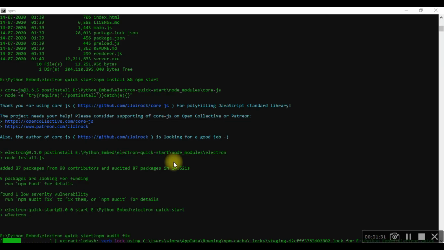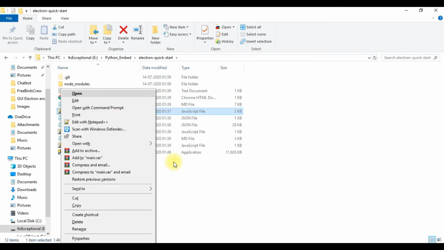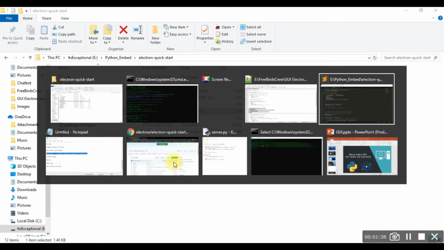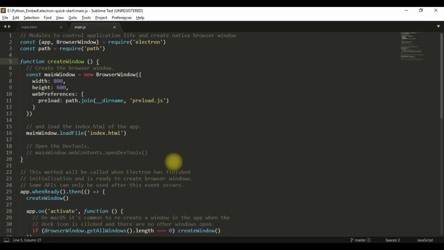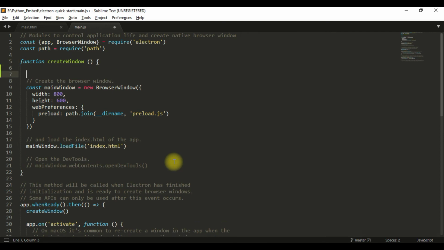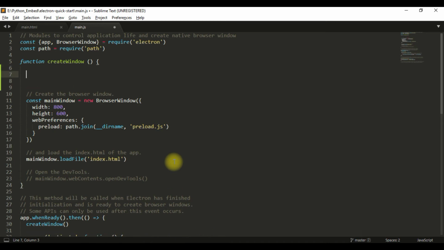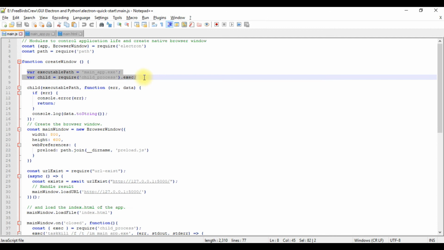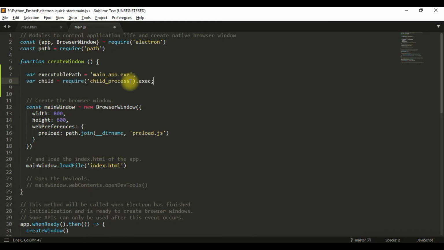So now it's time to edit our main.js file, because our main.js file is the file that we need to start our app, because the main.js file has all the initializations, all the child processes, all the close functions here. Because first we need to initialize some more variables. So I can just copy those variables from here. These are two variables that I need, and we can just make a change here to make it our server app.